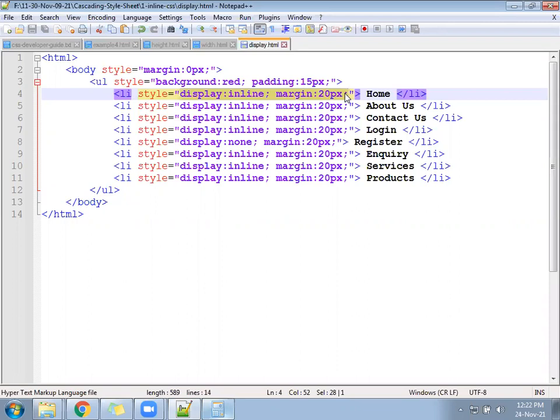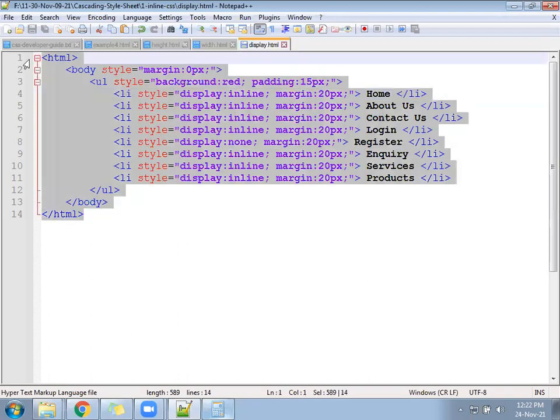Okay, so those many things are there. So what we are going to do is compare now. The inline CSS problem we discussed, we need to implement the same thing under internal CSS, like this example only. We'll implement this example under internal CSS and compare both: in internal CSS, how much is the code, and under inline CSS, how much is the code.